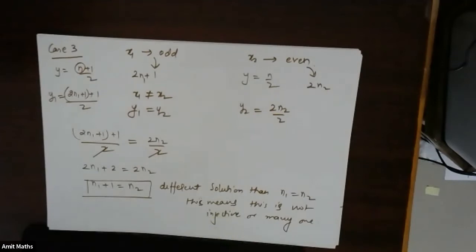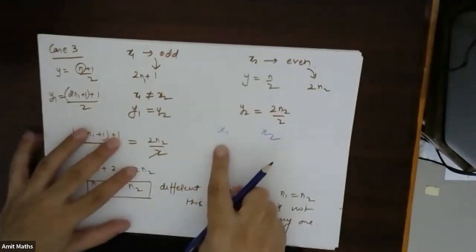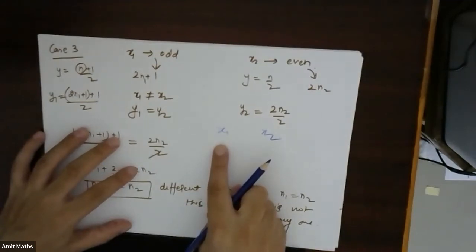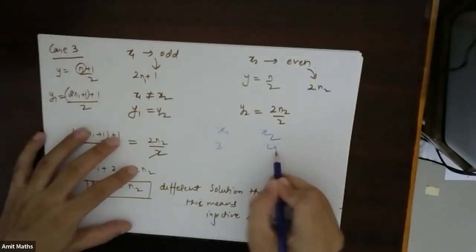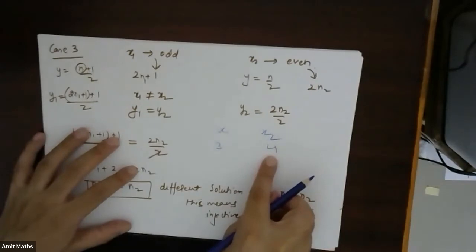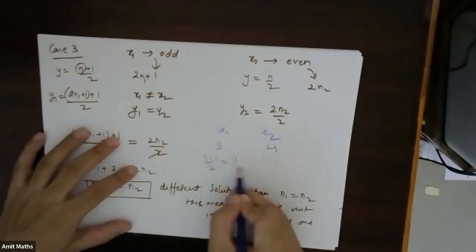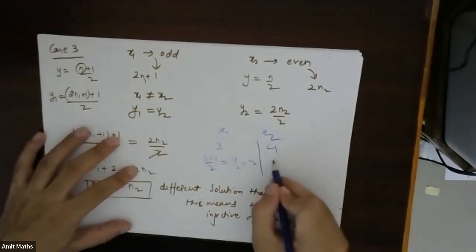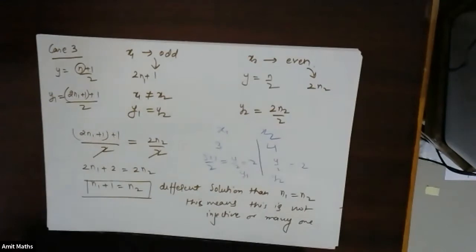Can we take an example of this? So we have to take two examples, x1 and x2. If I take x1 as 3 and x2 as 4, odd and even. So for odd it will be (3 plus 1) by 2, which will become 4 by 2, which is 2. And for x2 it will be 4 by 2, which is 2. That means y1 will be equal to y2. Hence it is not injective, it is many one in nature. Understood? Just copy this and check whether you are able to understand or not.